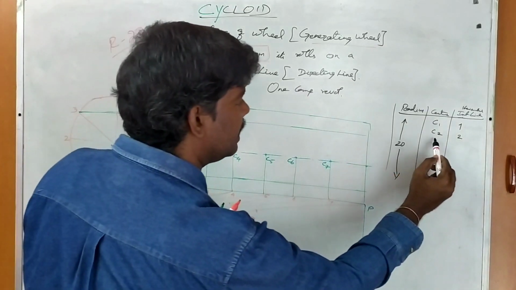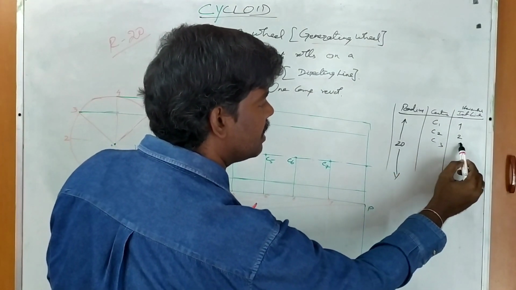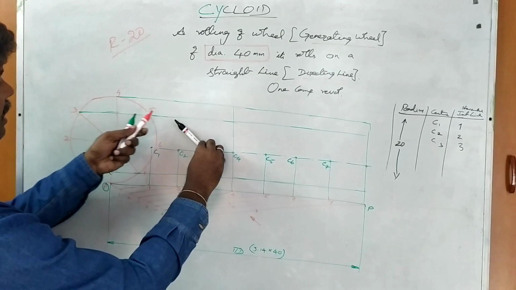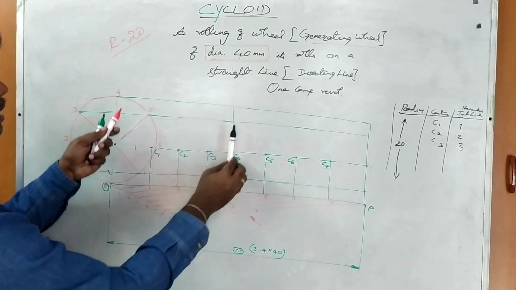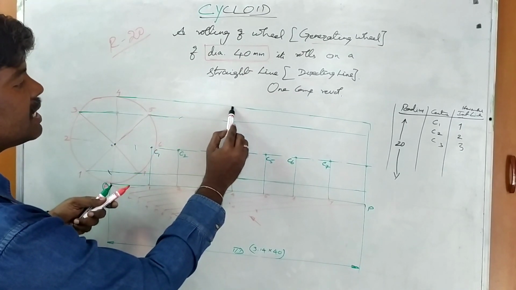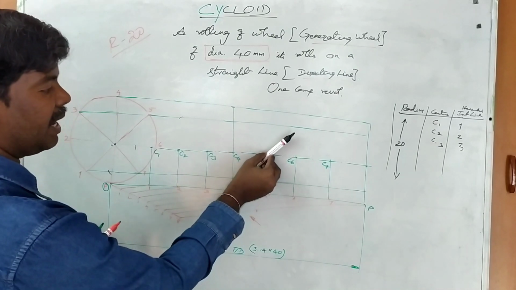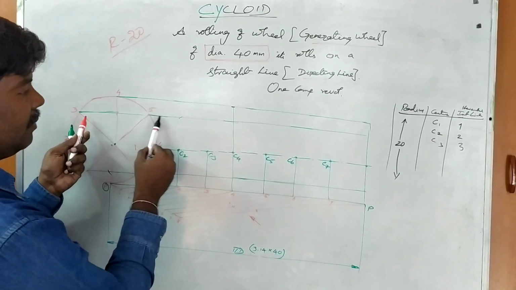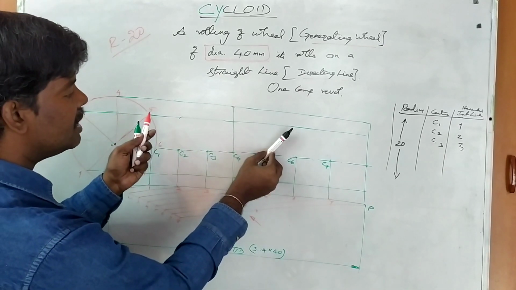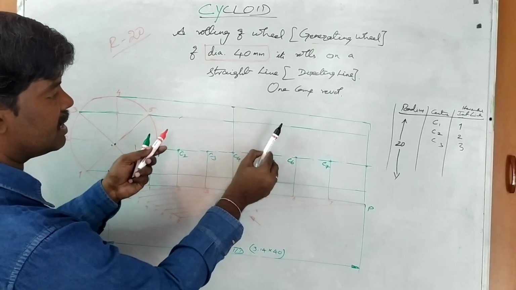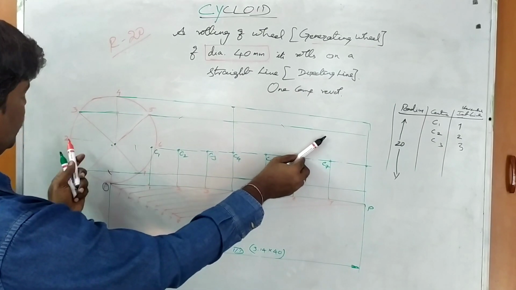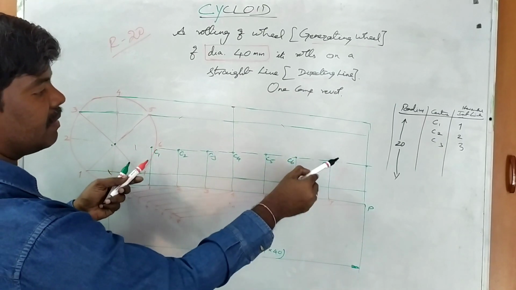Next, C3 is the center, same radius, you want to intersect the number 3 line. So C3 as the center, the number 3 line intersects here. Next, number 4, C4 as the center. Number 4 means topmost, so I extended it initially. That's one. Next, C5. 3, 5, 2 are in one line. So from C3 as the center, this is the arc; the same with C5 as the center, same line, because number 5 also coincides. Next, C6 as the center. Number 2, 6 are the same line, that is nothing but the axis line.